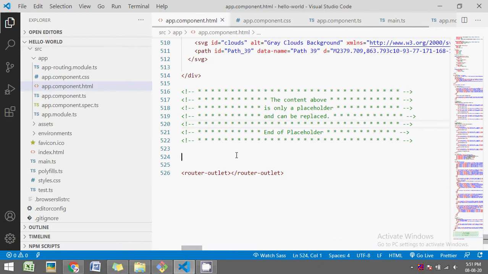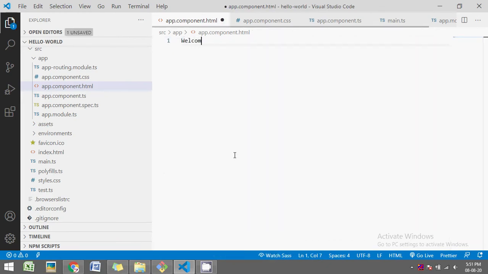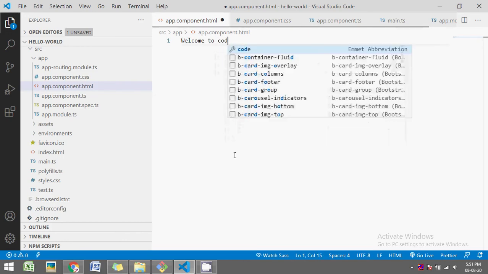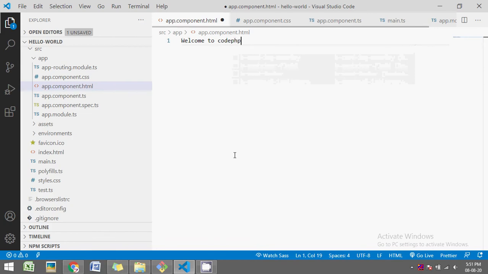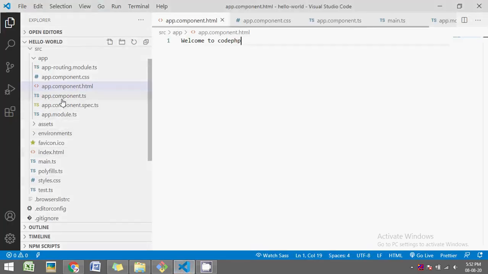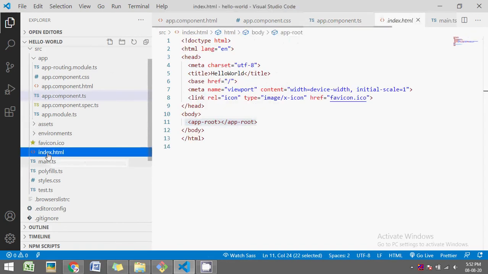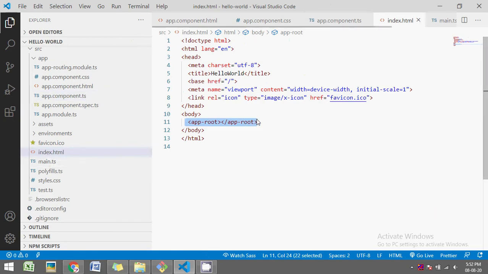So let's delete all the content and type our own content. And now see, we are getting the content that we just typed in our component. And if you go to the .ts file, here we are defining the name of the selector of our component. This is the tag which we are using in our index.html. Hope now you have a basic understanding of how the information flows in our Angular application.